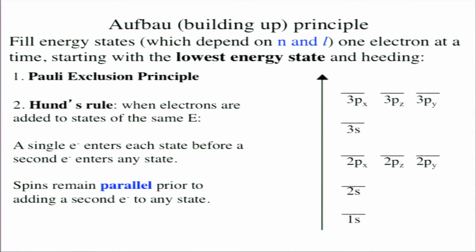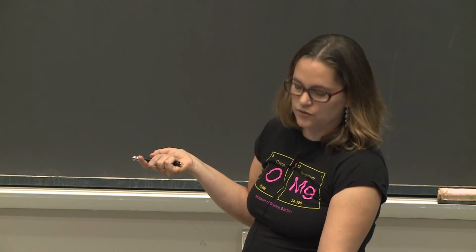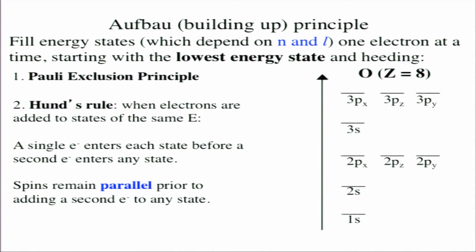And Hund's rule, which is one of my favorite rules, I think, in chemistry. And that is when you're adding electrons to the same state, you're going to put them in singly when there's degenerate energy orbitals before a second one enters the same orbital, and the spins remain parallel as you're adding them across. So let's consider these and put some electrons into these, and we'll do this for oxygen, which is a